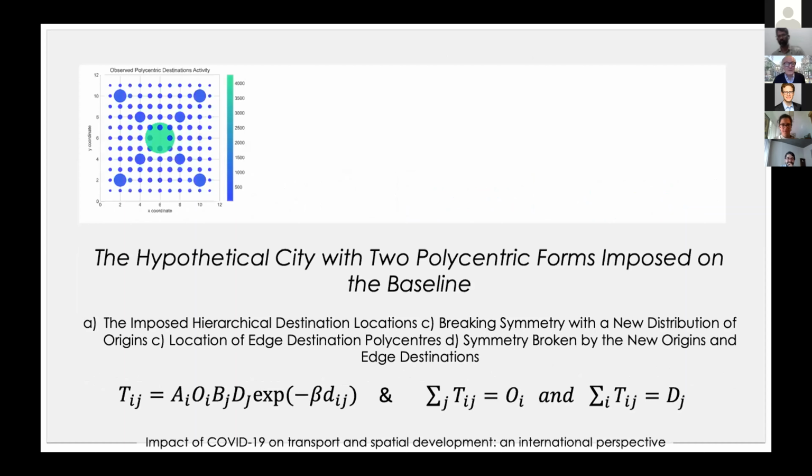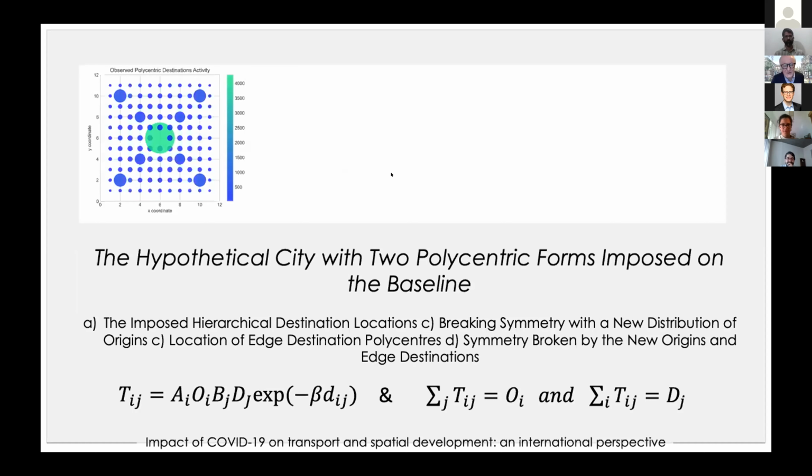The symmetry which you impose is very strong, and that really, to some extent, is one of the key findings from this theoretical, or speculative, work: it is very difficult to actually push people to the edge of things. In other words, there are so many layers of symmetry and monocentricity in this context that it's very difficult to conceive of a situation where that begins to disappear and everybody moves to the edge. That's really, to some extent, a conclusion.